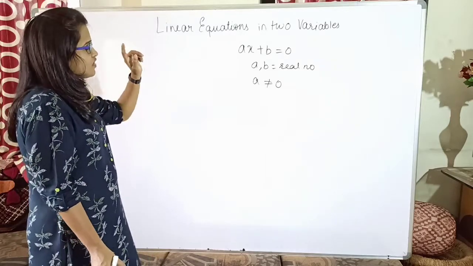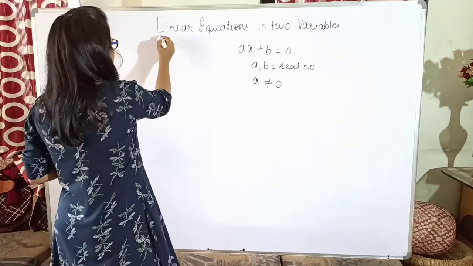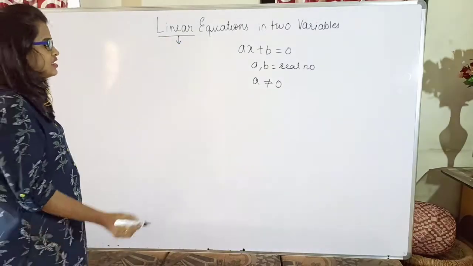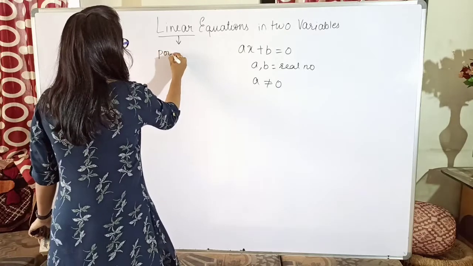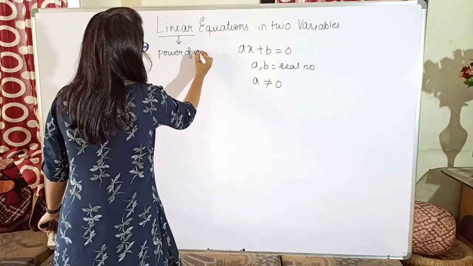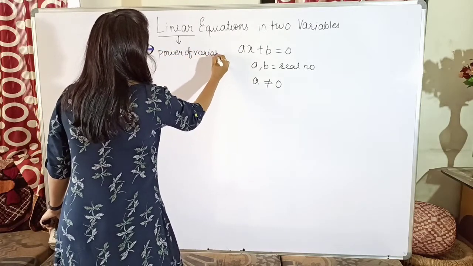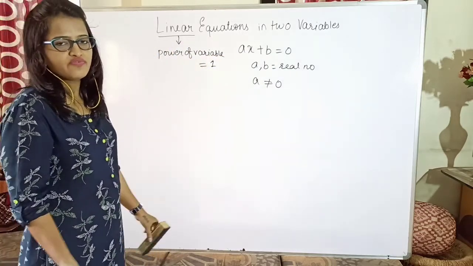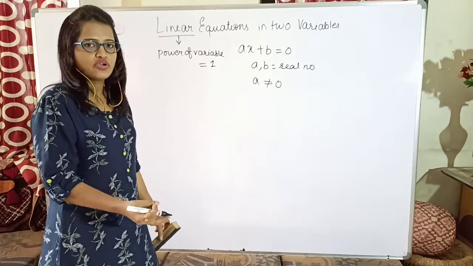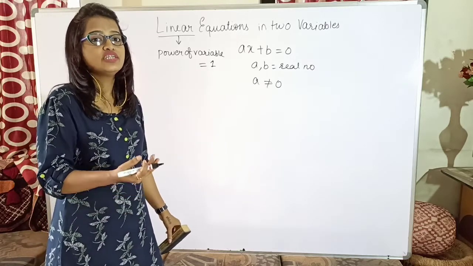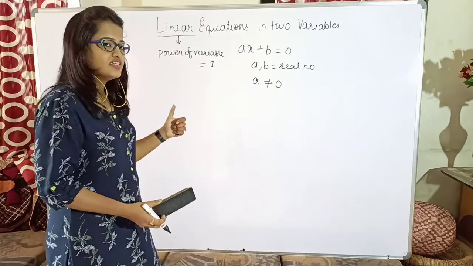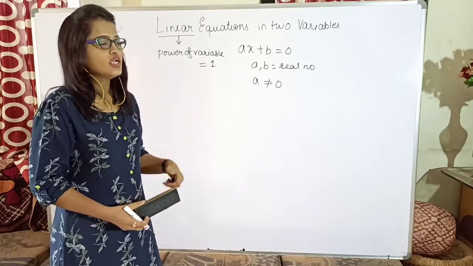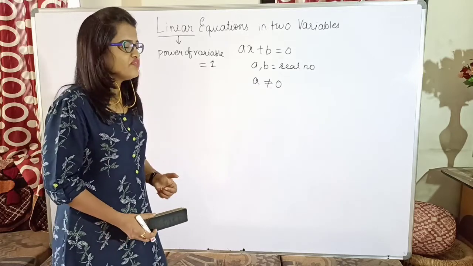But first of all, whenever I am saying linear, there was a condition specified. When do we call it a linear? When the power of the variable has to be what? 1, then only you call it a linear. The types of polynomial which we have seen: linear, quadratic and cubic. So it was based upon the degree of the variable. So here the degree of the variable has to be 1, then only it is called a linear polynomial. Now why it is called a linear polynomial, that we will be looking at.